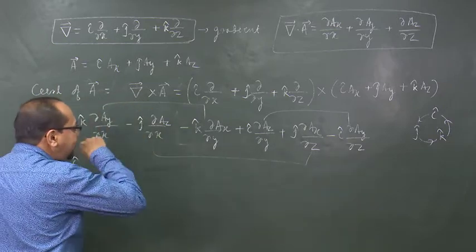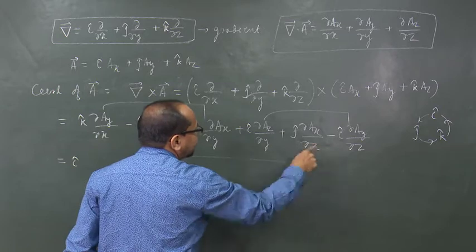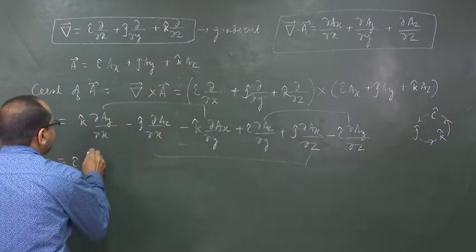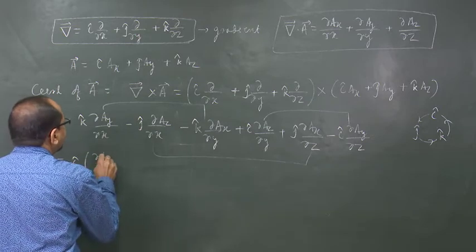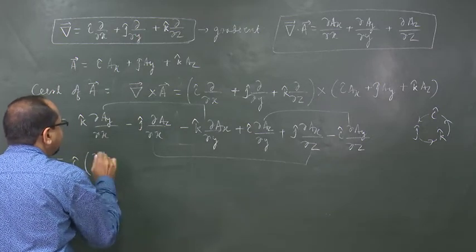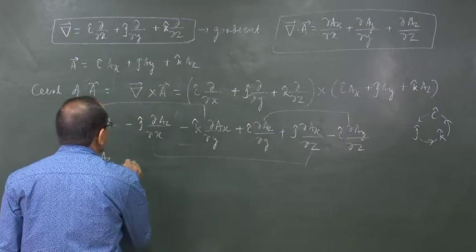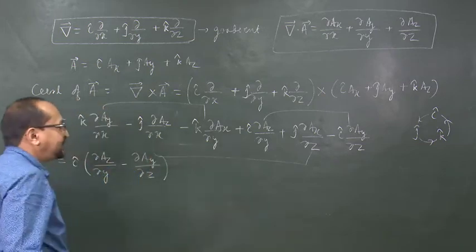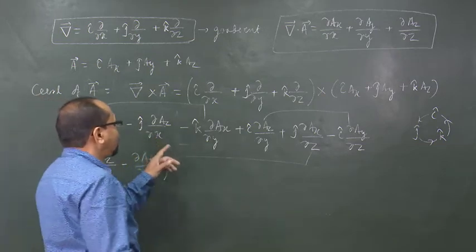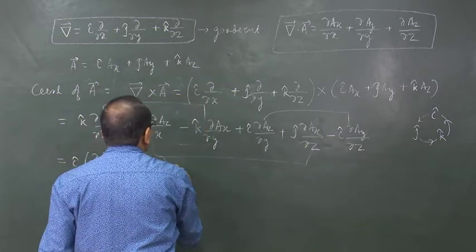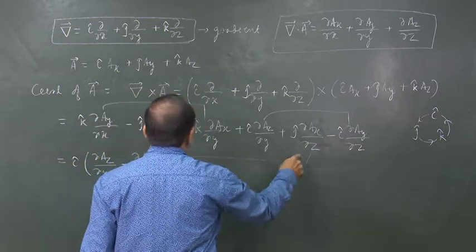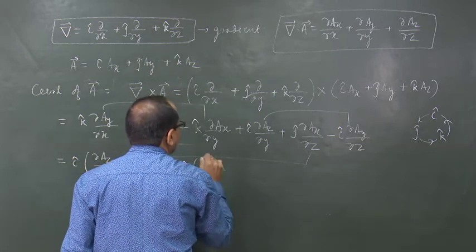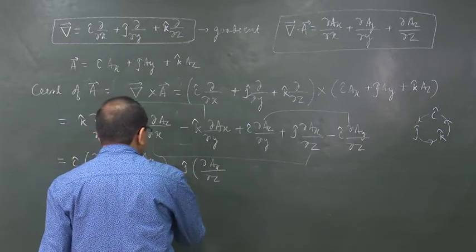So, it is now i cap taking common in these 2 terms, we have i cap into del a z by del y minus del a y by del z. Okay. Then from these 2 terms, it is plus j cap into, we have del x by del z. So, it is better to write here minus,